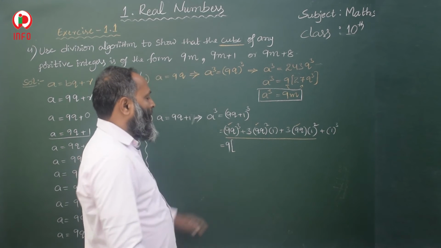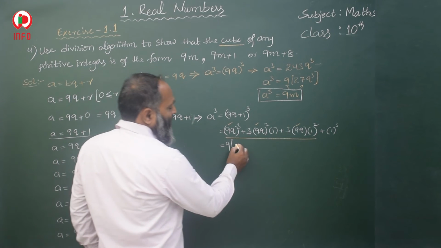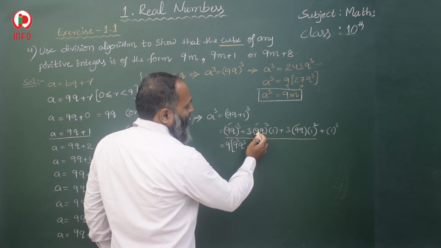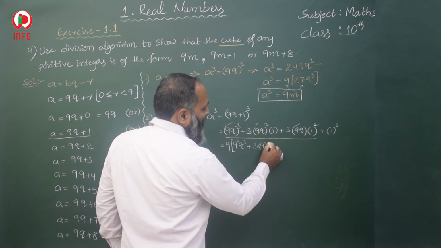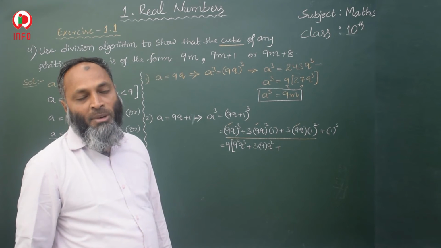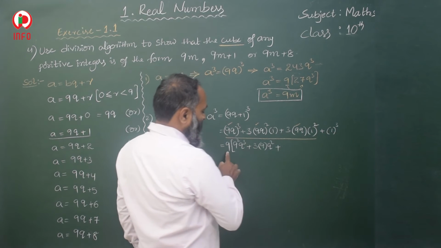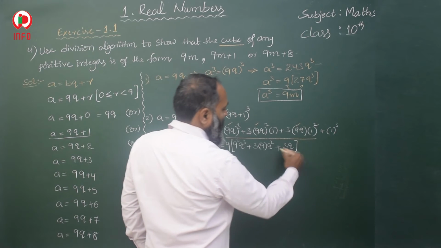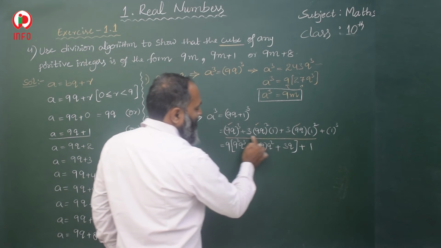If you take 9 as a common, here 3 9s are there, 1 9 will get common. It means 1 9 is left: 9² and q. Plus here 2 9 q² are there, 3 into 1 9 will get common, 1 9 left, and q². No need to write the 1s with q². If you multiply with 1, you get the same thing. Here 9 is common. Then 3 cube. No need to take 1 square, 1 square is 1. Then plus 1 cube is 1. So till here all these are multiples of 9.